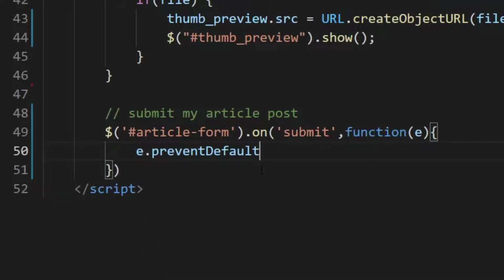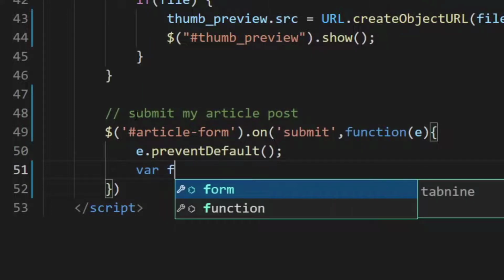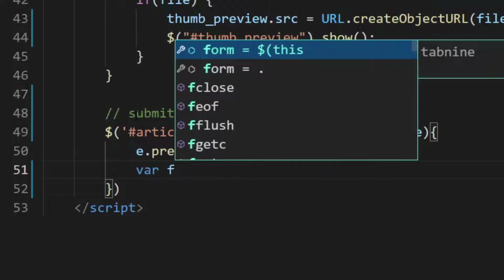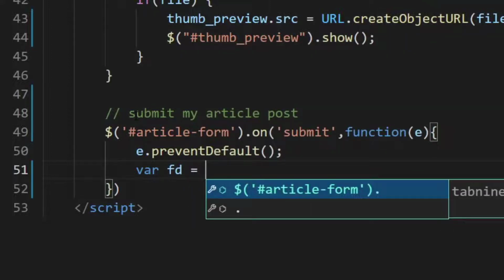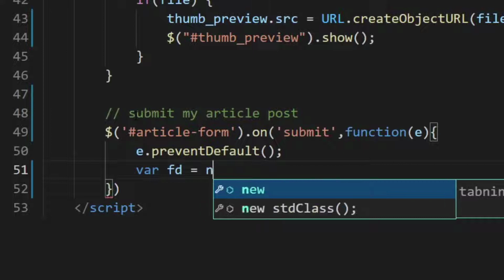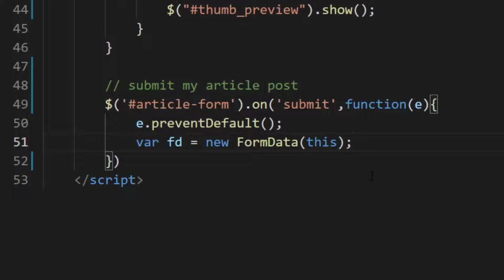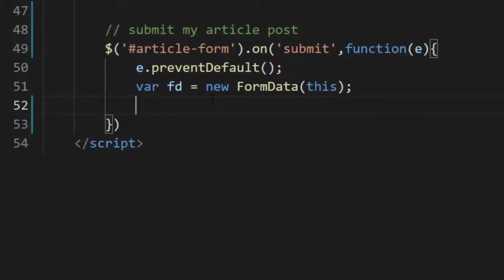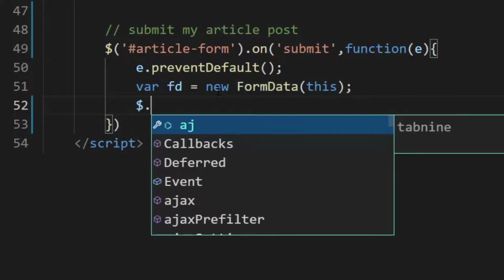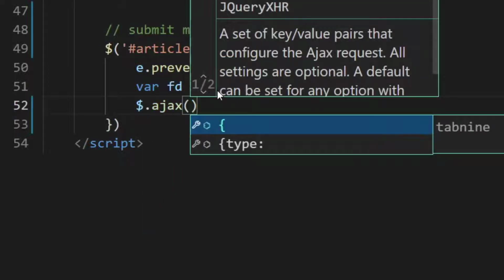I just add event.preventDefault. Now take a variable, normally called form data or something else. I just type fd, it means form data, equal to new FormData, and also write this form attribute to take all of them. And after that just type $.ajax,